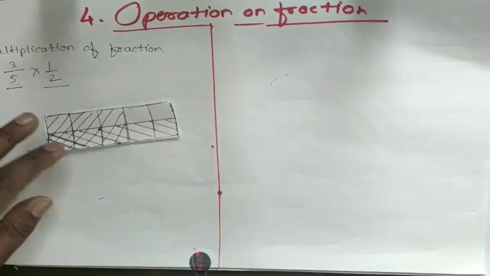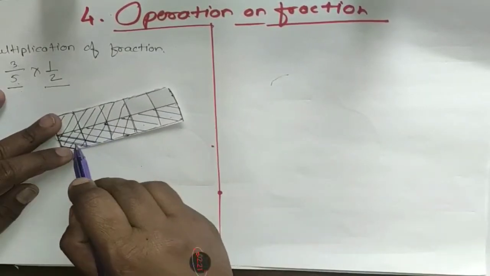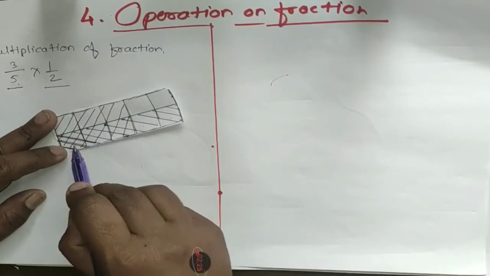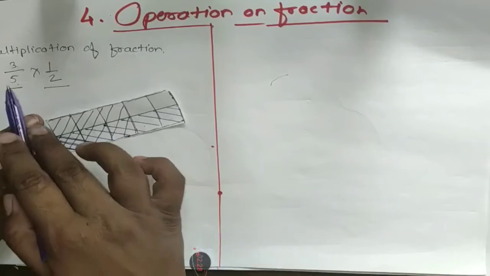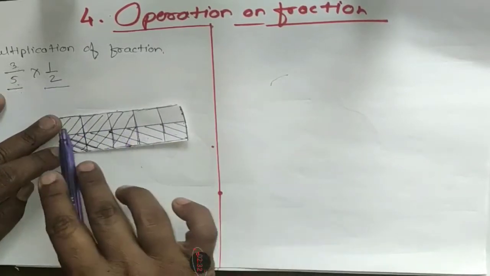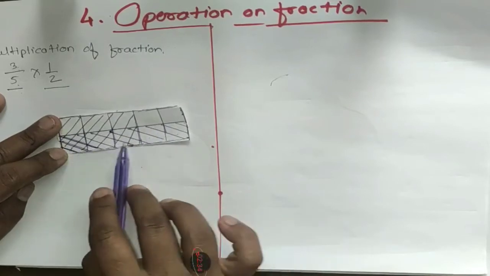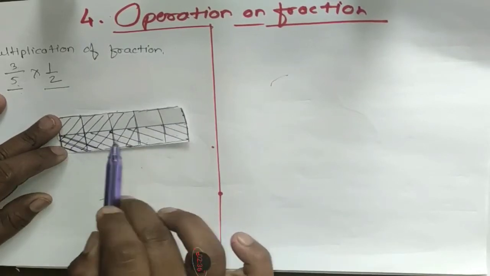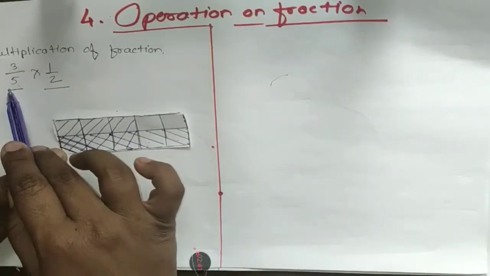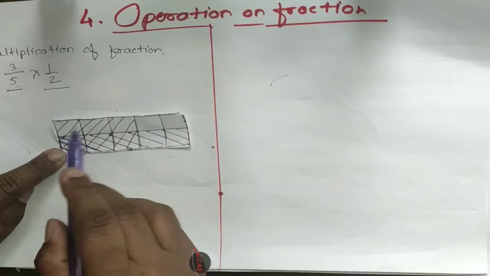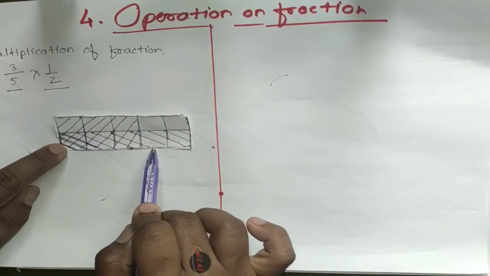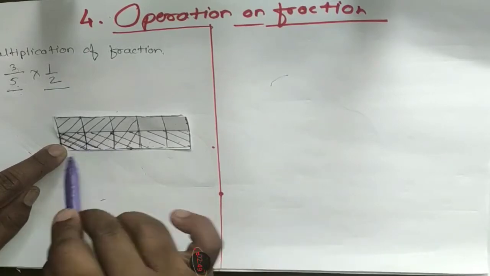Now if you see, the both colored lines are present in which parts? 1, 2, 3. So here 3 by 5th means this 3 is the part of the 3 by 5th, that is the fraction, and half means this whole strip. Its half is colored with the blue color. These black lines, the big 3, are 3 by 5th, and its half we have to find out. So the whole strip I have divided into 2 parts and colored with the blue color. Now I got both colors.